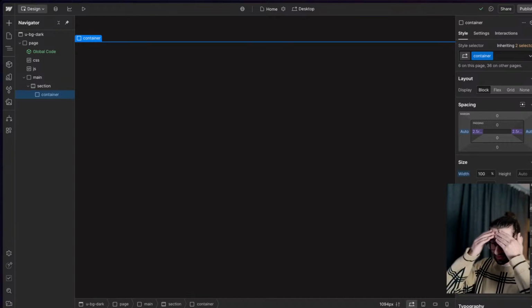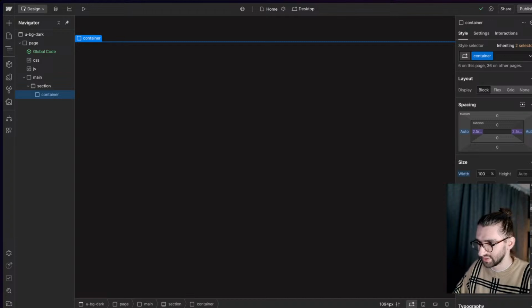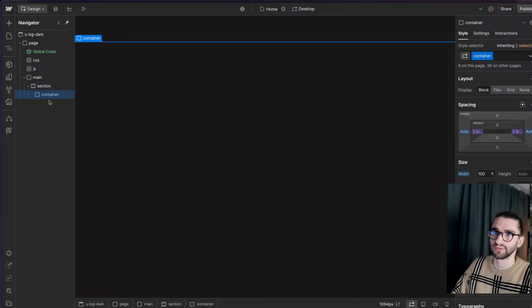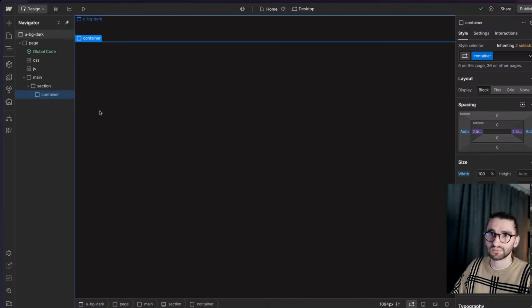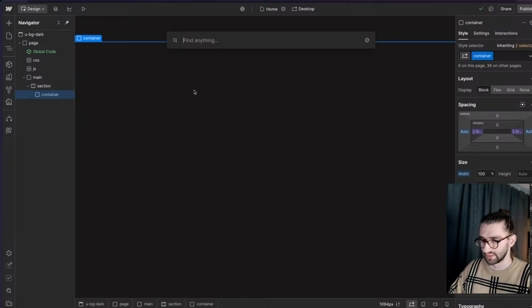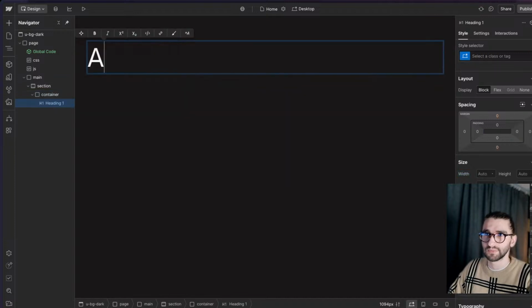Right, so the idea is not just to build this thing because it wouldn't be fun to just do another tutorial of how to build stuff with Webflow. The idea is that we will try to use the components and component variants and whatever Webflow made this year to utilize the different things that came out. So I'm going to just start simple. Do advent of